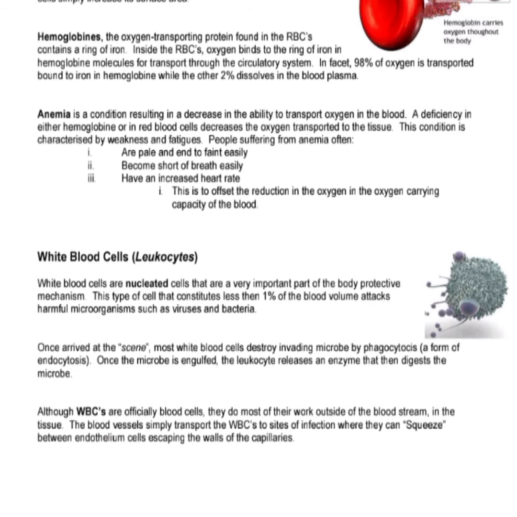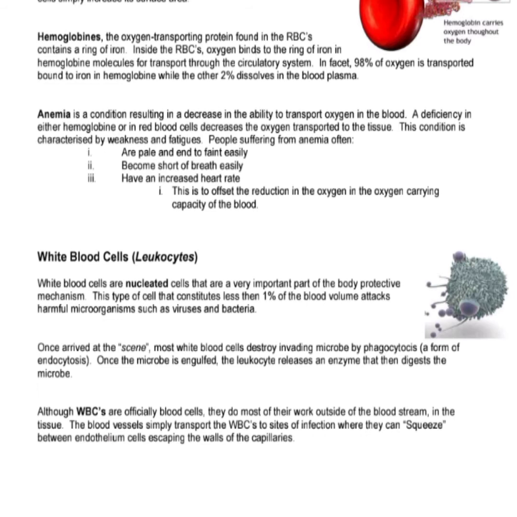The unique shape of the red blood cells simply increases its surface area. Hemoglobin, the oxygen transporting protein found in the RBCs, contains a ring of iron. Inside the RBCs, oxygen binds to the ring of iron in hemoglobin molecules for transport through the circulatory system. In fact, 98% of oxygen is transported bound to iron in hemoglobin, while the other 2% dissolves in the blood